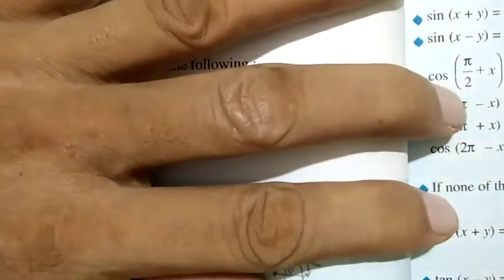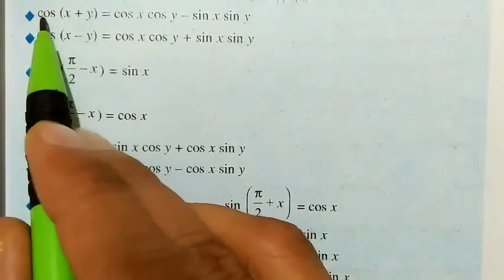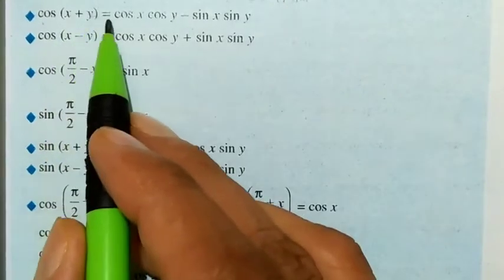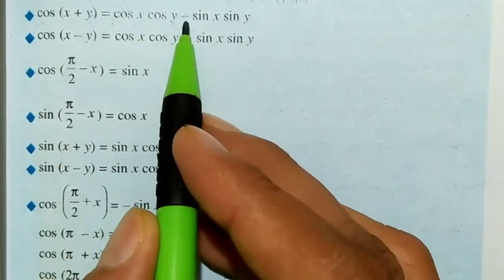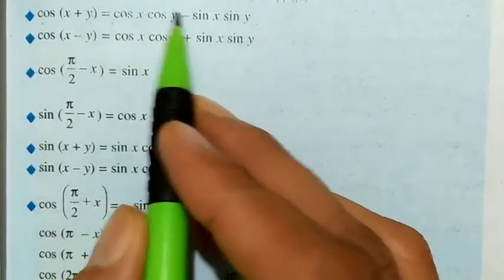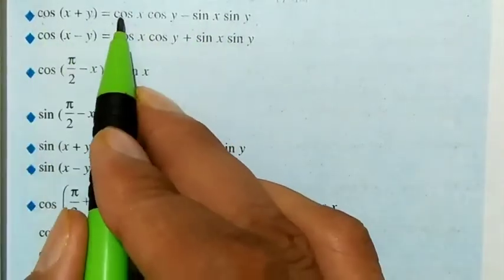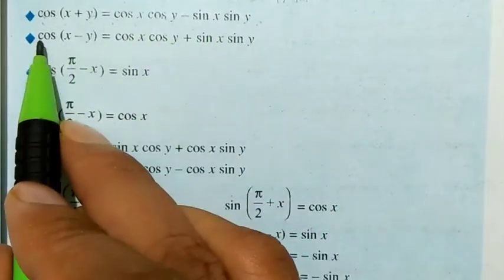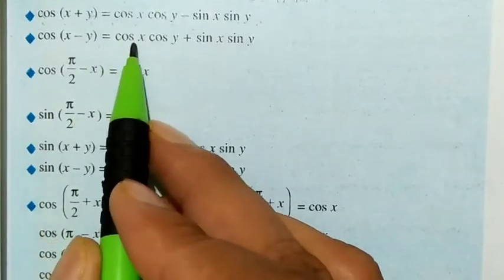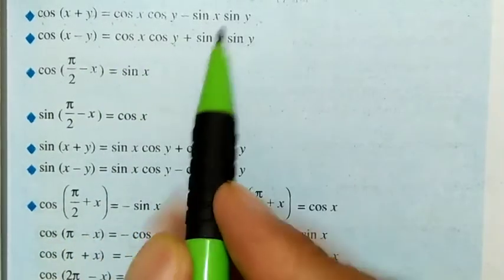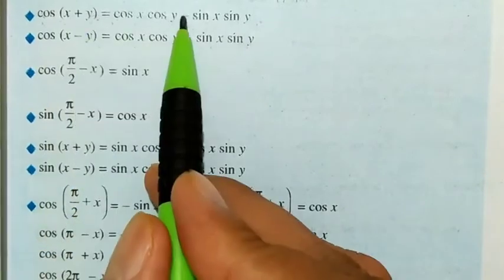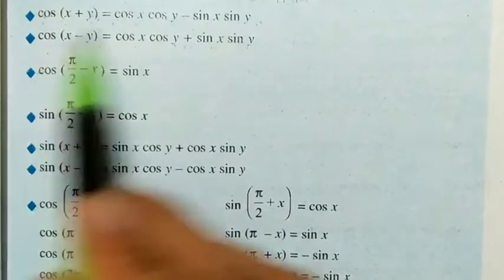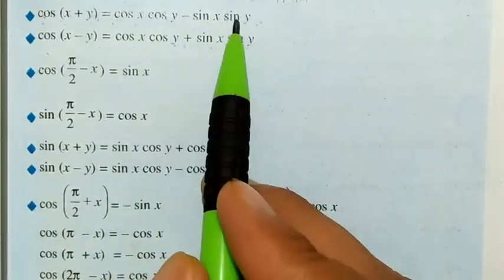Now the sum of angles formula for cosine. So cos of x plus y is equal to cos x cos y minus sin x sin y. So cc minus ss, means cos cos minus sin sin, with x and y. Similarly, cos of x minus y is cos x cos y plus sin x sin y. Here you have to remember, in cos of x plus y there is a minus sign, and in cos of x minus y there is a plus sign. So cos comes first, then minus sin comes.